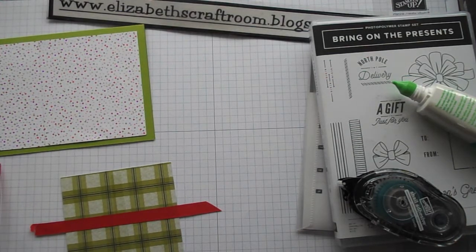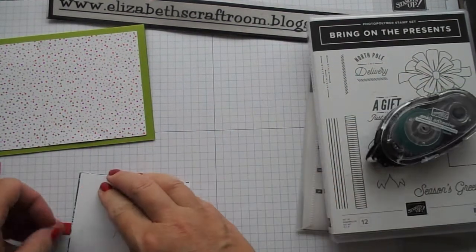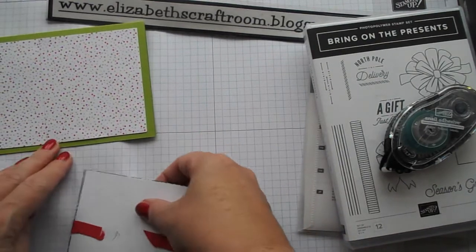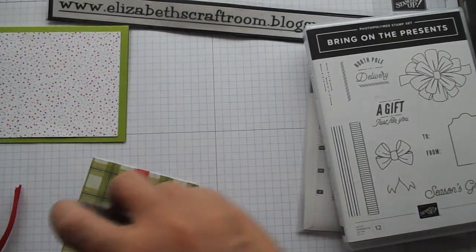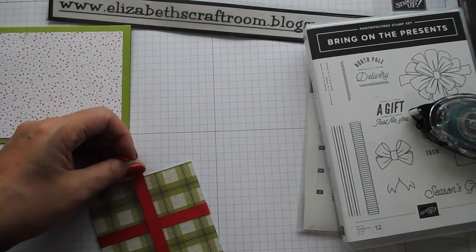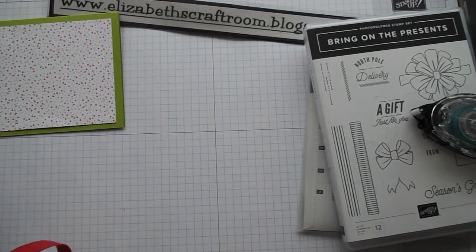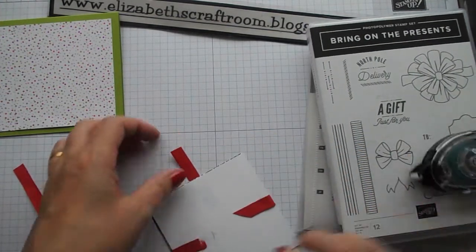my ribbon scissors. Something else you can do is hide your joints with a bit of ribbon, and actually having this on a piece of card makes wrapping that ribbon round super easy. There we go. Put a little bit of Snail there,